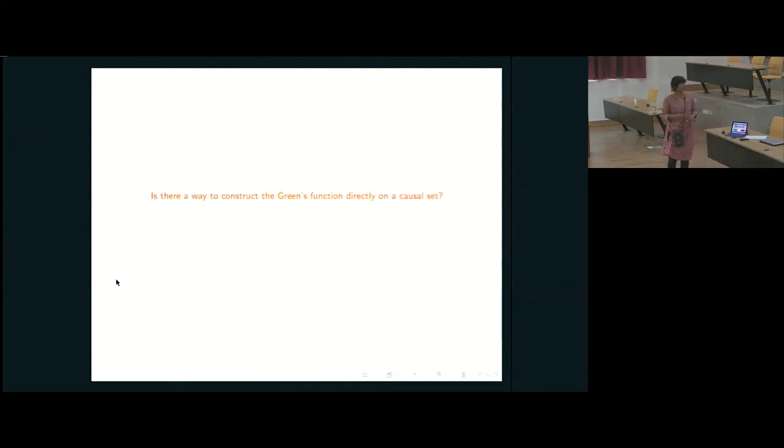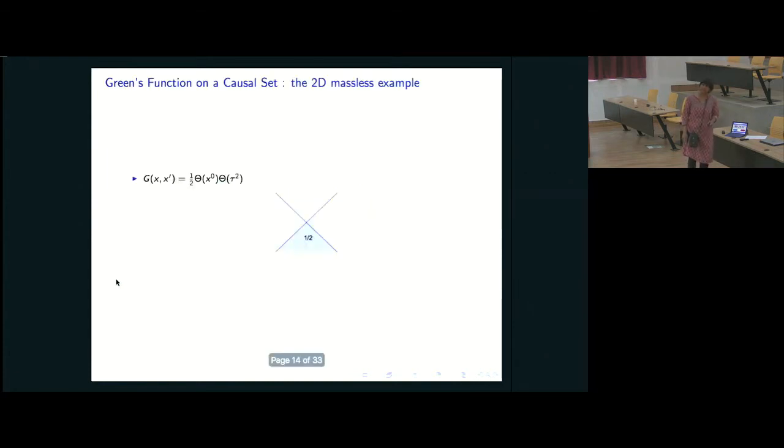Okay, so let's step back a little and say, well, here's what we have. We have a partially ordered set, okay? And all I have is this order-theoretic structure. All I have are these relations. Can I just try to construct a scalar field Green's function? I should have written scalar Green's function directly on the causal set. And if I look at 2 dimensions,